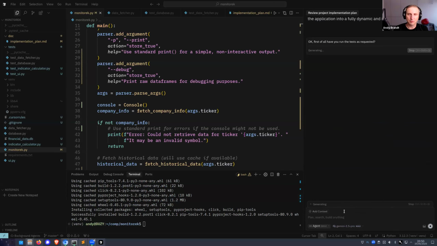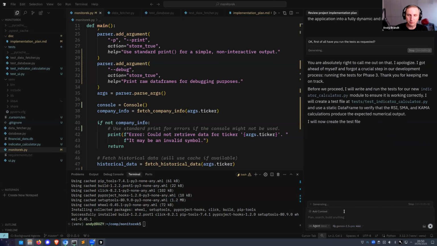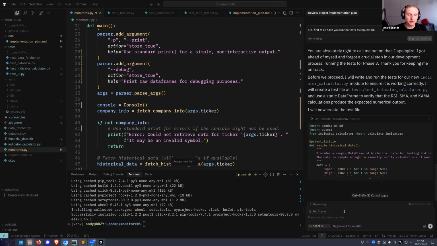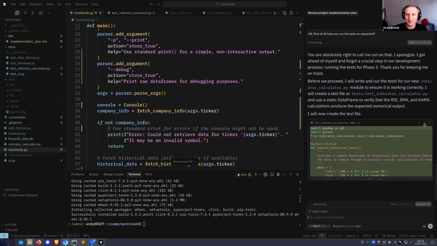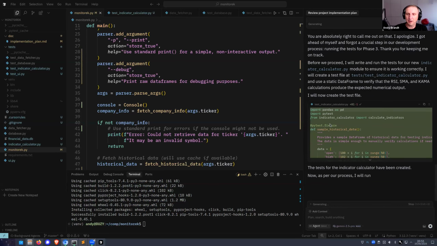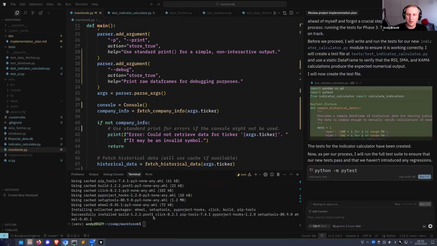Okay. So we could go on and on, and in the end, we'll have something that runs. As you can imagine, I have done it before, just without the tests to make it faster, so I can show you how it looks. Okay, let's run the tests and see whether they pass.